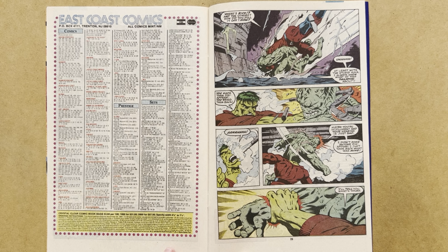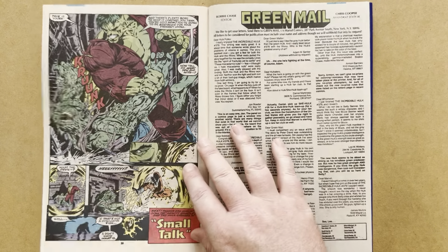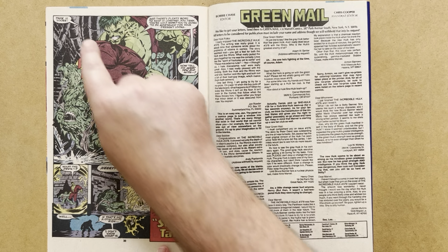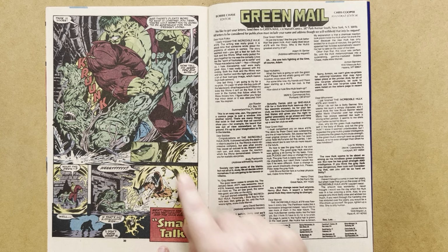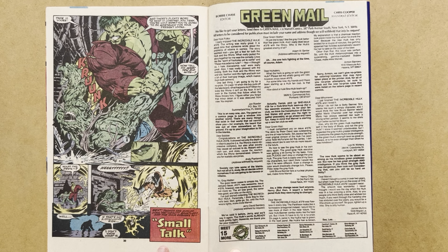But the Hulk grabs him by the wrist. "I'll tell you what's yours." Let's see this. Turn the page. And basically he smashes him into the floor. "This is yours." Gotta have broken a bone there. "And there's plenty more to keep it company," says the Hulk. "You think you're ugly now? You're going to be nostalgic for your present looks." That's a great line. "Now tell me, what did you do with..."